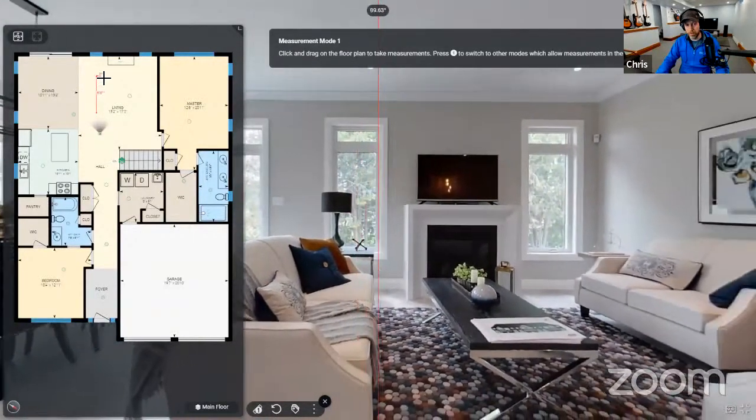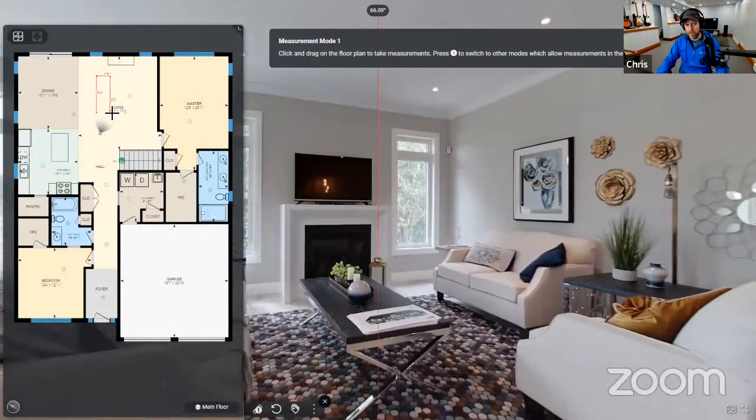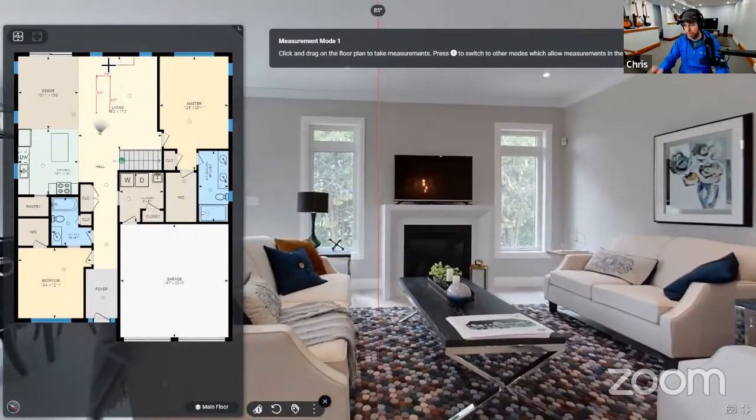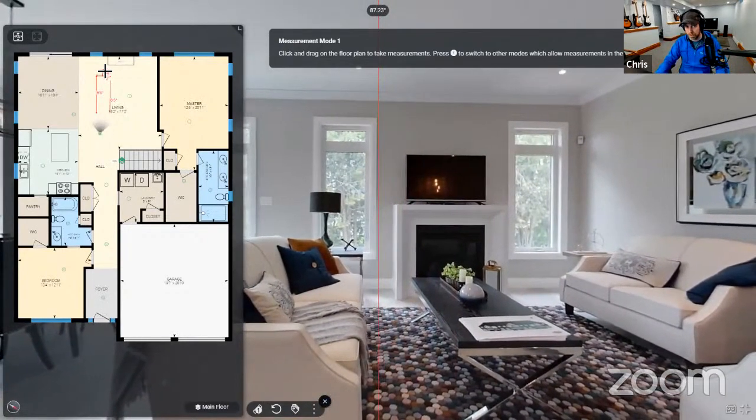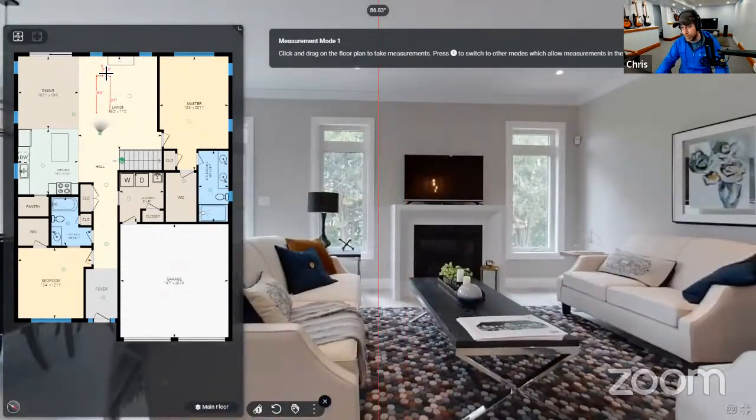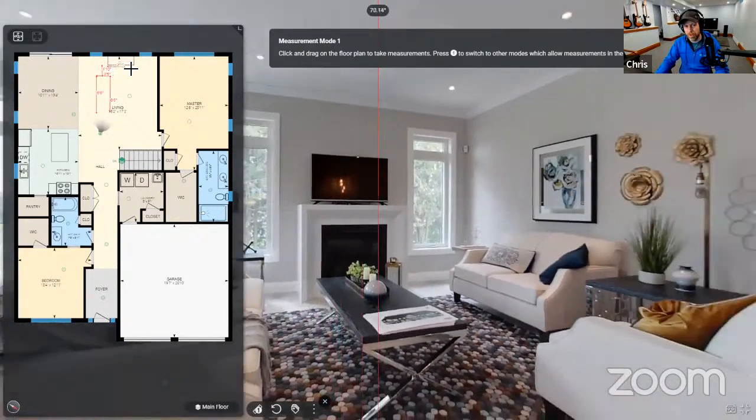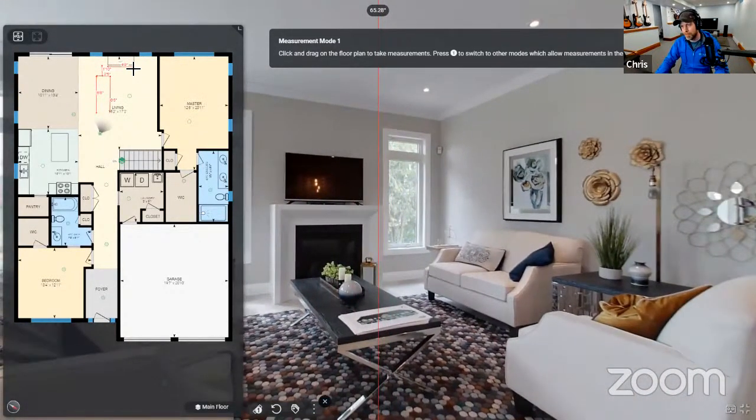So if I want to draw a box, I can do that. If I want to measure the distance from the sofa to the fireplace to see if my side table will fit, for example, I could do that. If I want to measure, actually, this one's really popular. If I want to measure above the fireplace to see if my TV will fit, that's a big deal. You can do that. You can measure anything on that floor plan, just as though you were holding a paper floor plan. So this floor plan is not for show. It is a real floor plan that can be measured on, and that is accurate.